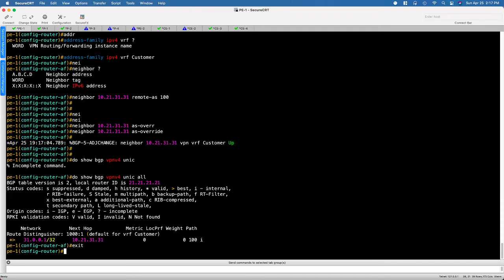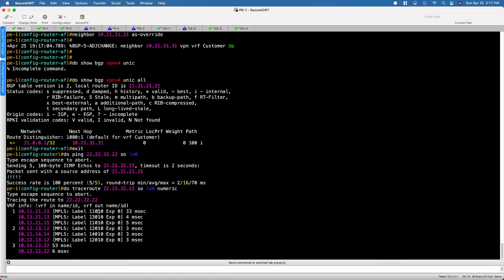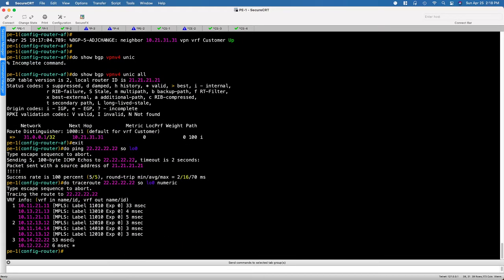So now we have to focus on the other half of the equation, which is going to be peering on PE1 over to PE2. Firstly, let's verify that we can reach PE2. So I'm going to ping this loopback, source loopback 0, and we can see that we can ping it. And just for fun, I'm going to show you that the way that we're reaching this loopback is over our MPLS. You can see here we're labeling everything down to that PE there,